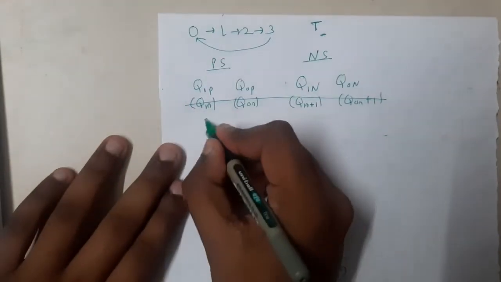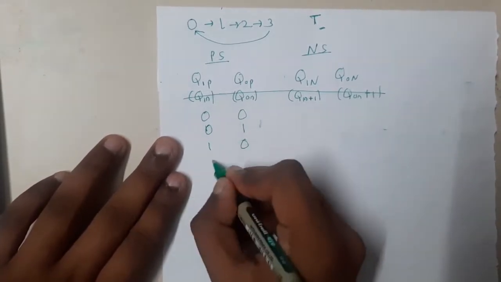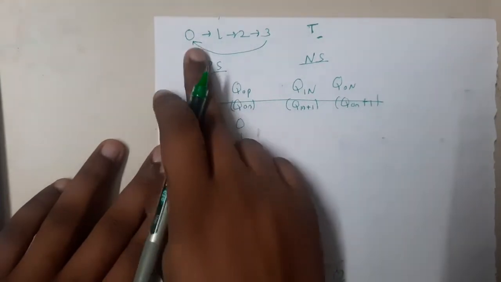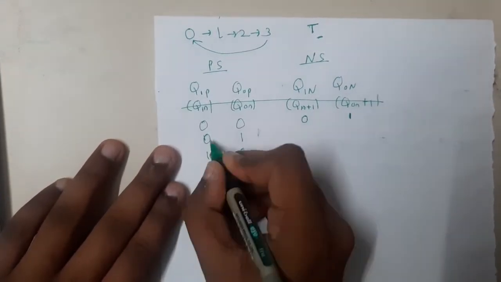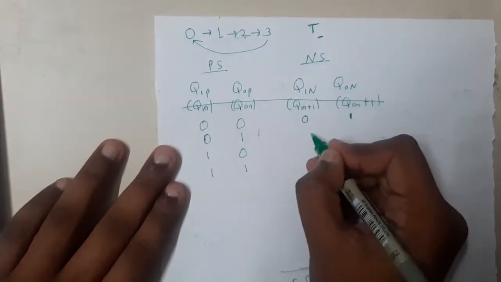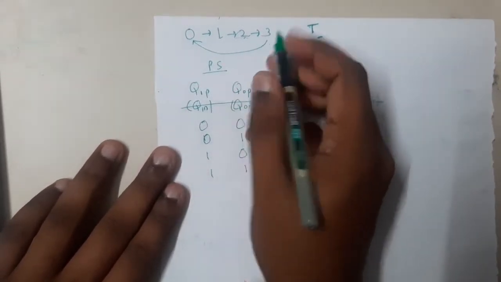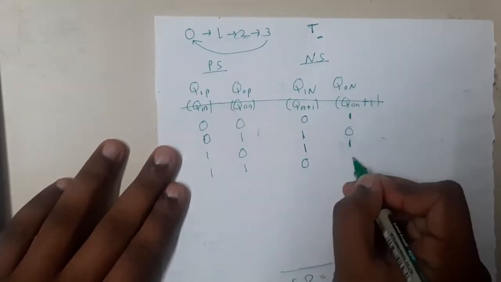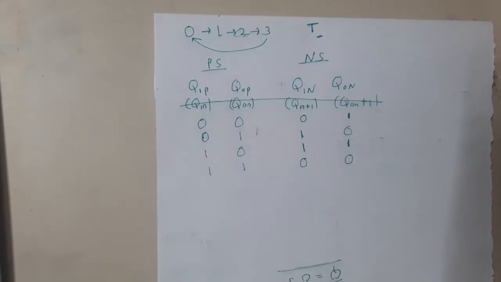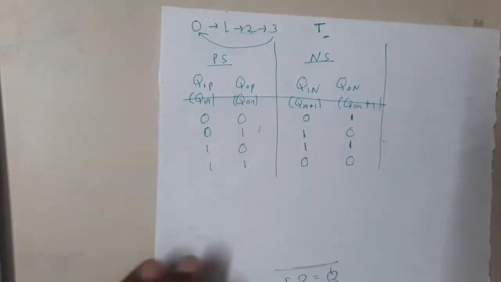So this will be having the combination 0 0, 0 1, 1 0, 1 1. From 0, it is going to the 0 1 state. From 0 1, it is going to 2, that is 1 0. From 1 0, that is 2, it is going to 3, so it is going to 1 1. From 3 it is going to 0 0. So this is our table, right? This is given in the question indirectly. With that single statement, he gave this much information.